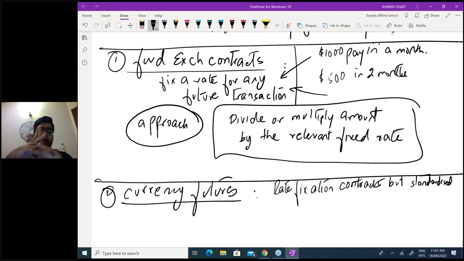But in futures contracts, we fix rates for standardized amounts. Standardized means the money changer or bank states that it's going to be for 100,000 USD or 200,000 or 300,000, or $100 or 200 or 300. Your own wished amount cannot take place in futures. That's only available for forward exchange contract. Futures are standardized contracts.